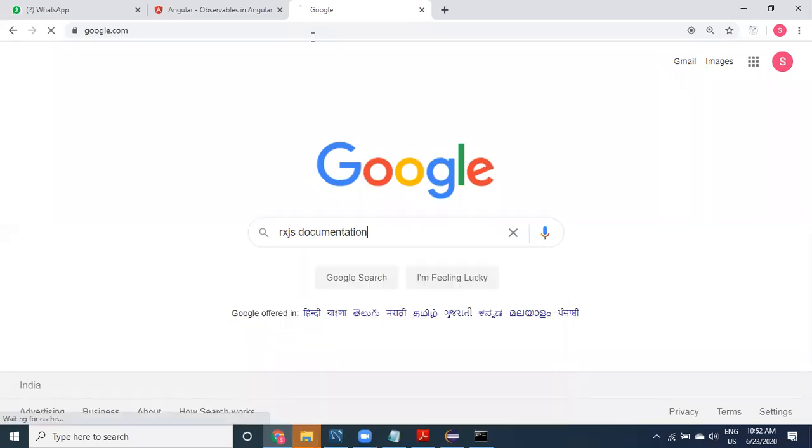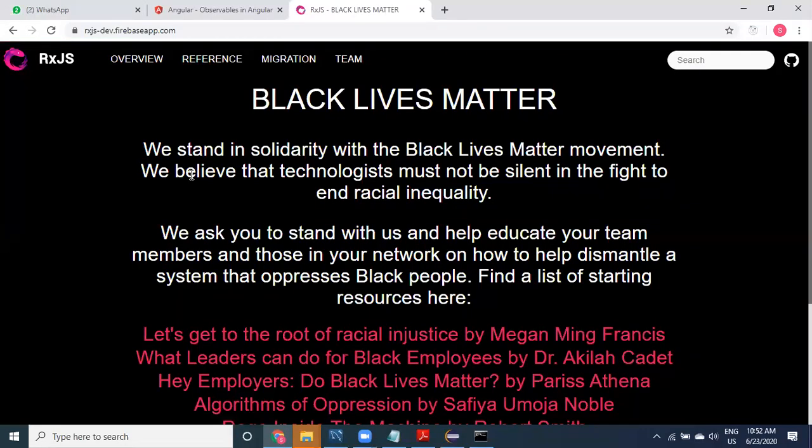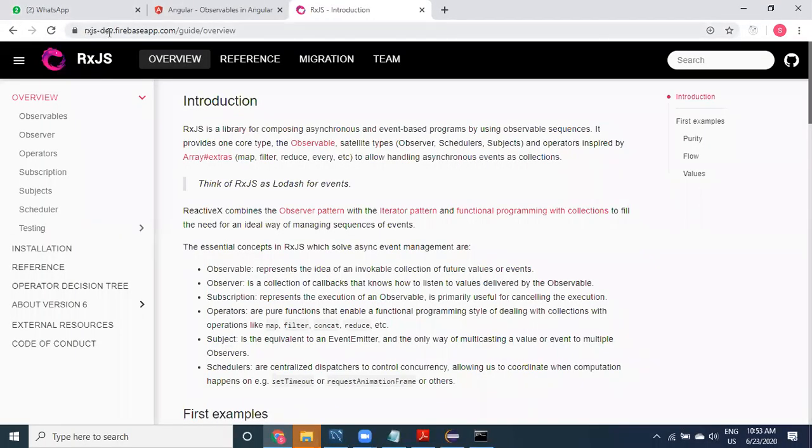If you go to the RxJS documentation, you can go to the RxJS page. This is the RxJS framework; Angular uses RxJS internally.